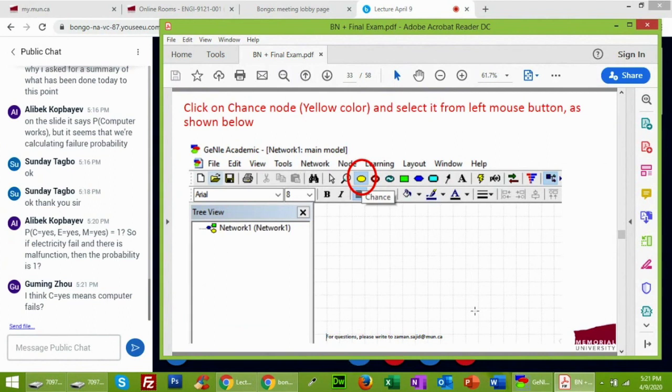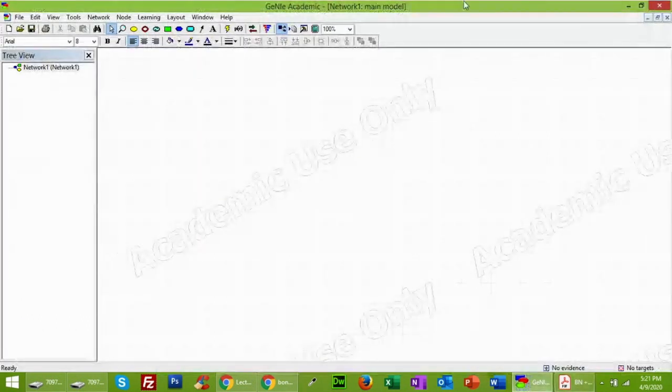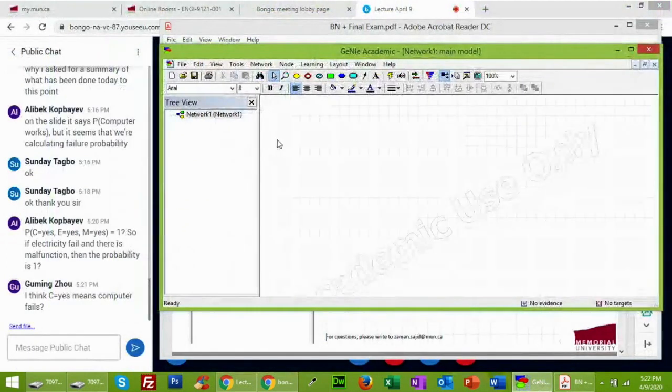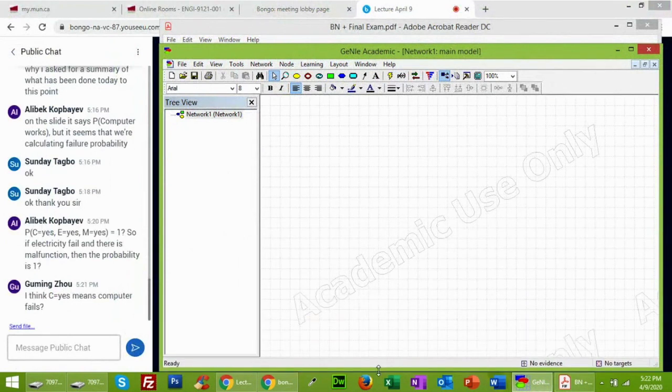Okay, so let's start this here. Now, how do you start with this one? Just like we were doing before, there are two things. One is the chance, and the other one is the arc. So if you go on the yellow link, that's what shows you the chance. You left click it and then left click again within the domain here. So it will give you the one node.